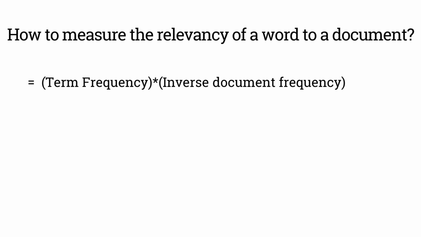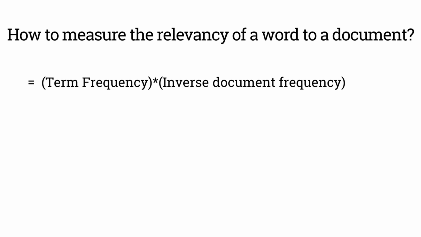if a particular word occurs quite often in one document, but when we look into all the documents, that word doesn't occur that often, it means that it holds some special relevance in that particular document, right? So at that time we can say that that word has high relevancy to a document. Cool. Now that we've got a high-level overview of the concept of TF-IDF, let's take an example and see how